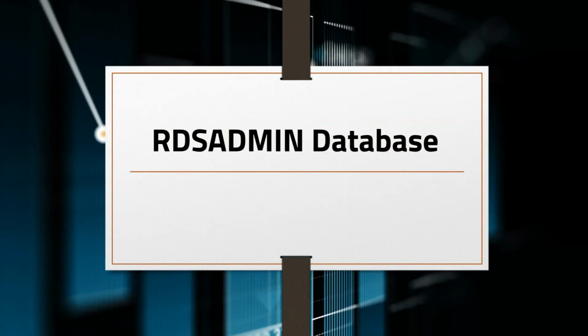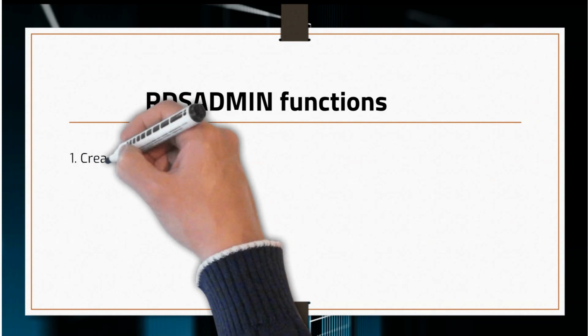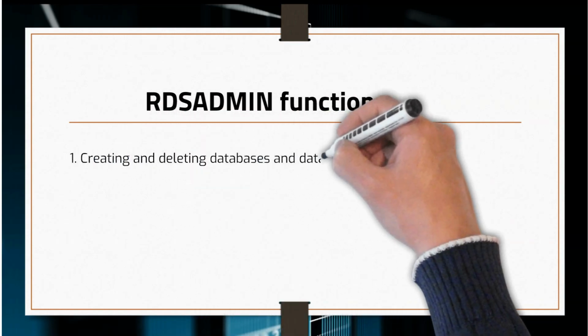When you create your SQL Server RDS instance, a special purpose database called the RDSADMIN database is created automatically for you. It is used by Amazon RDS to perform administrative tasks related to the management of your database instance. The RDSADMIN database contains stored procedures and functions that allow Amazon RDS to perform tasks such as creating and deleting